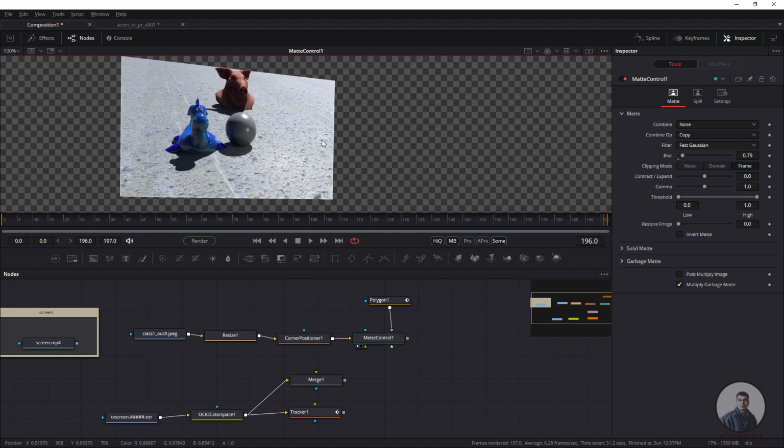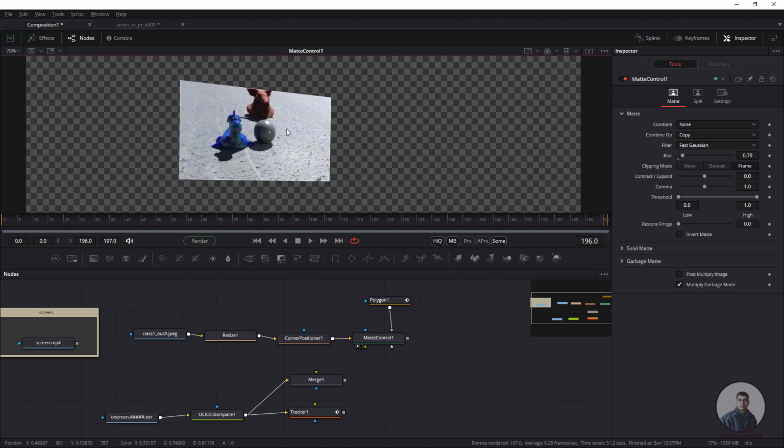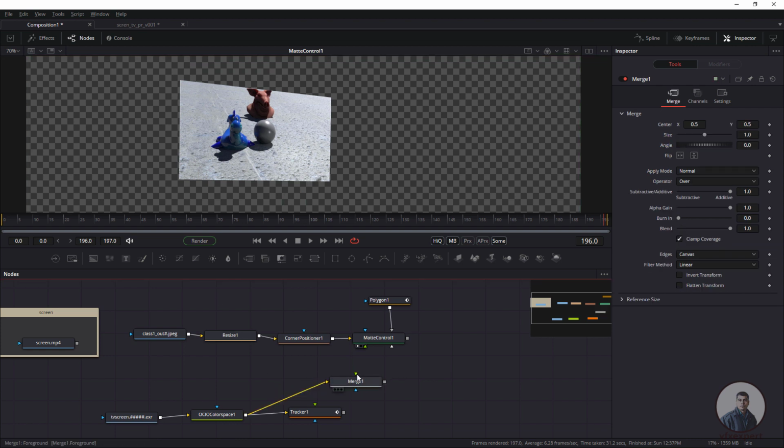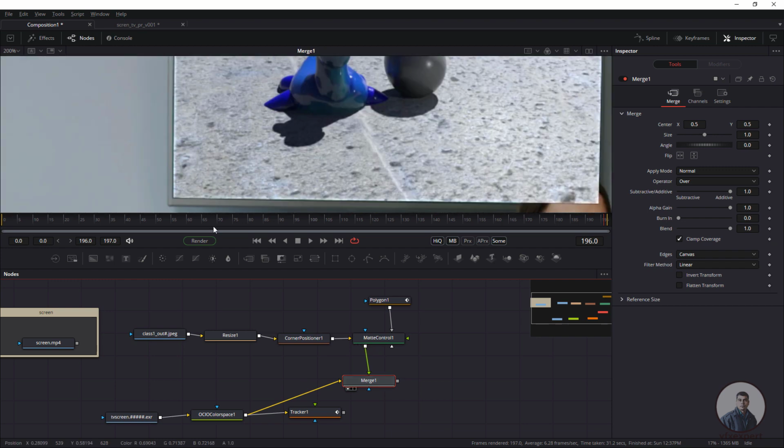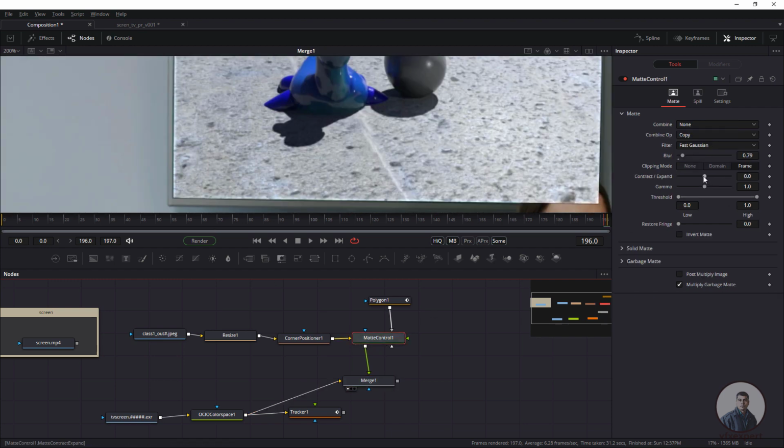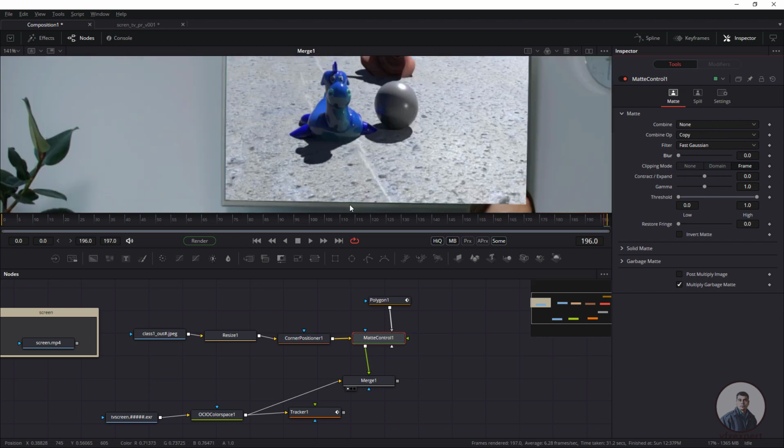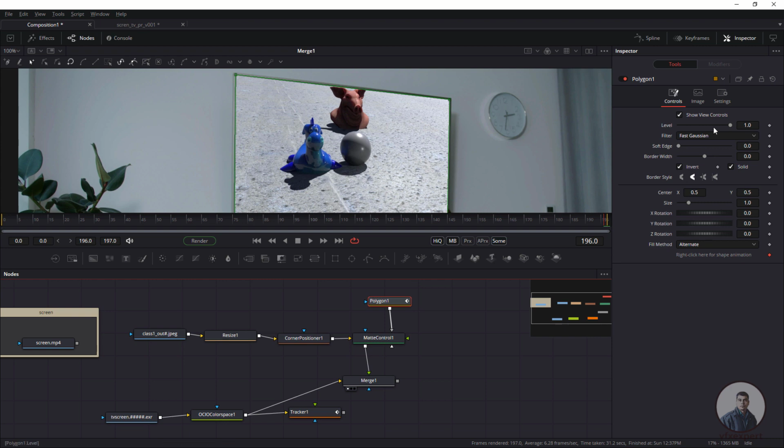Now again we have to press A, which means alpha, and you can switch to RGB mode. Now again, only for testing purposes, we can merge and check this one. So maybe this is blending a little bit here. Even if you want, you can clear this one, so you can see all these things here. You can select this polygon and adjust maybe the soft edges. Even if you want, you can also use this double poly here.